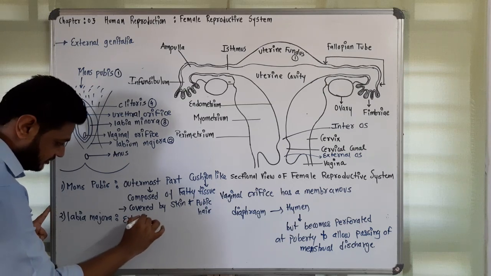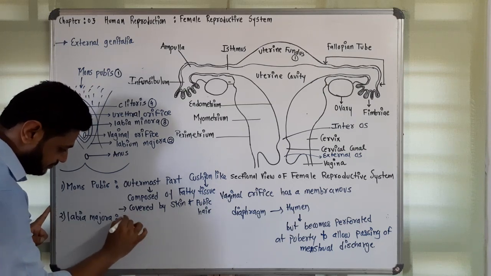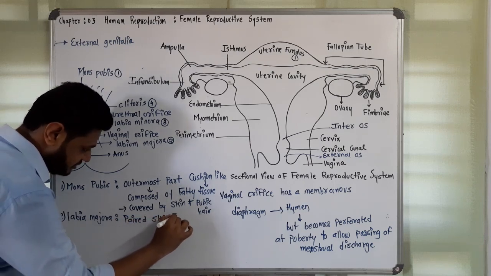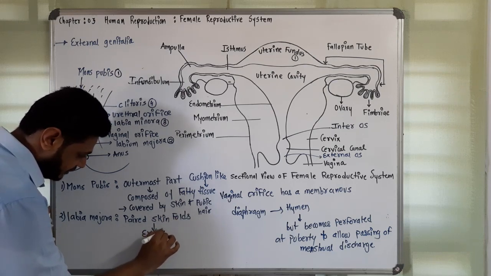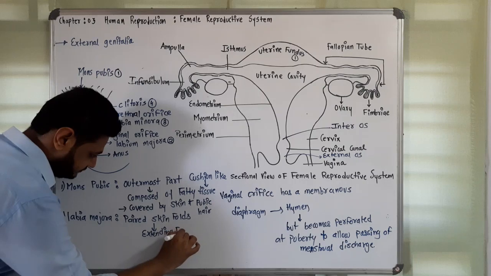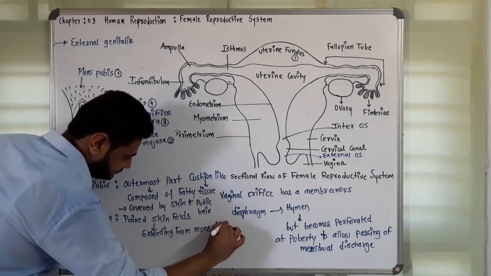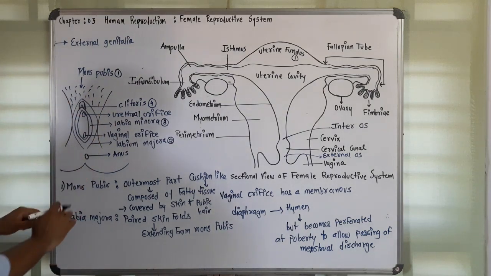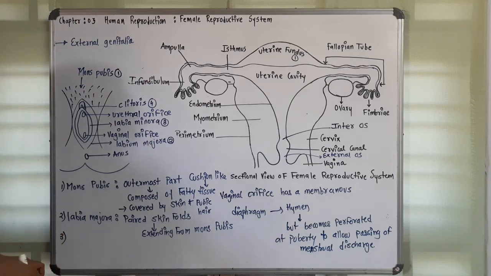First we will write: a paired skin fold extending from mons pubis. Under the paired skin fold, there is another pair of skin folds surrounding the vaginal orifice,